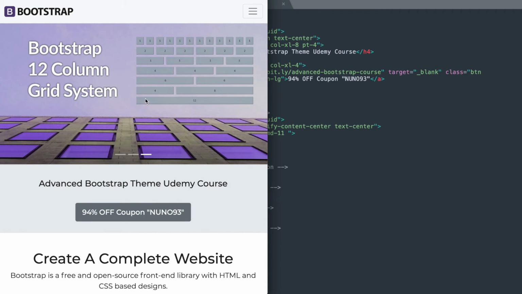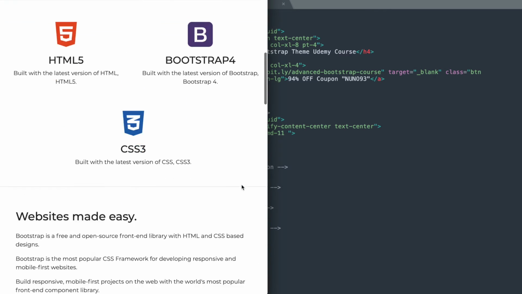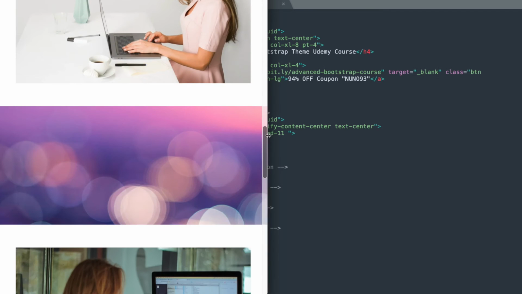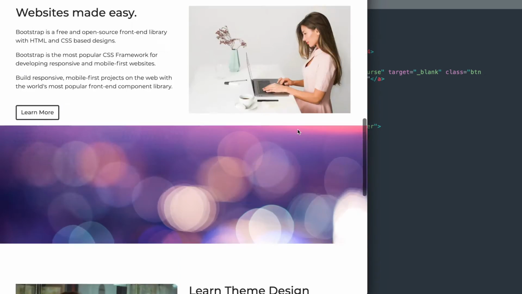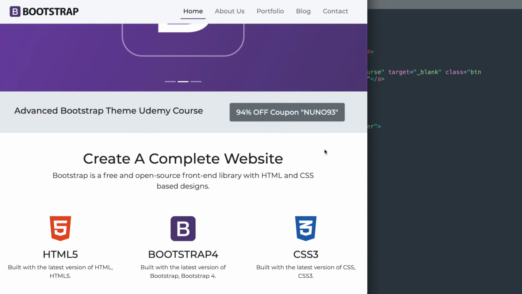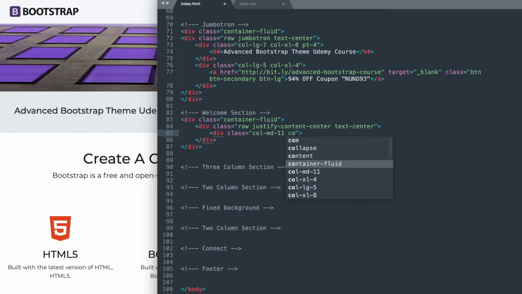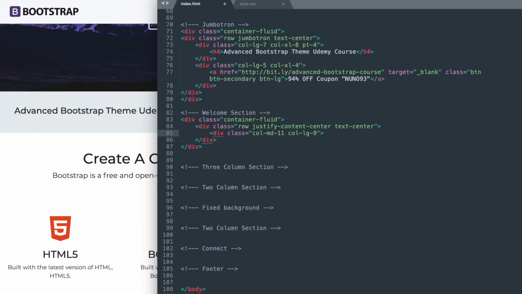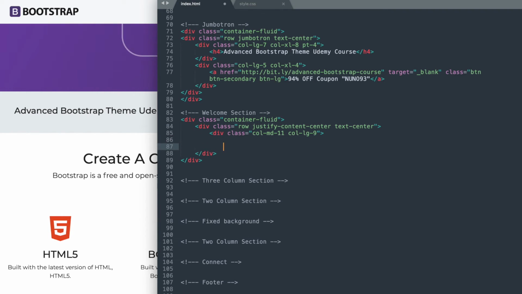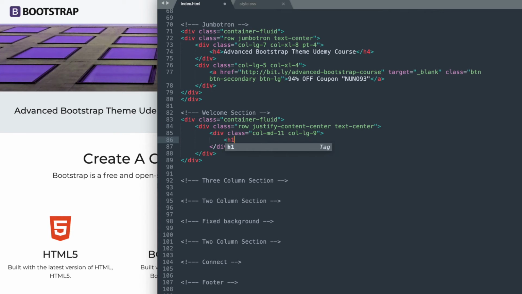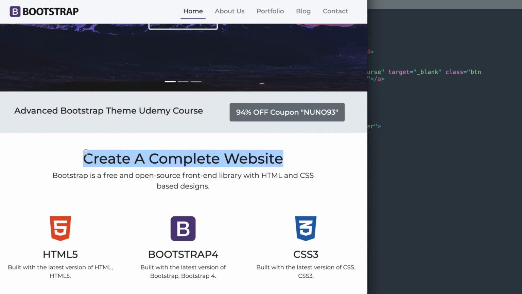So with the Bootstrap grid system, as we know, one full column, so col-12 would be a full width, and then col-11 is 11/12 of the full width. And then once we size the screen up past the large screen mark, we're going to use 9 of the 12 columns available to us. So I think that looks nice when the content displays at a wider width on smaller screens,